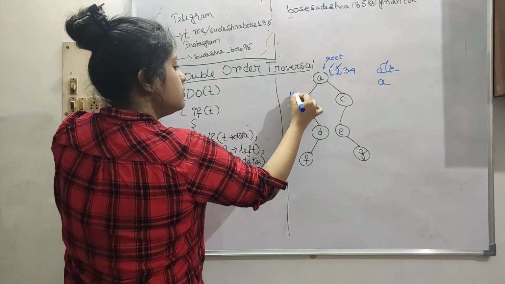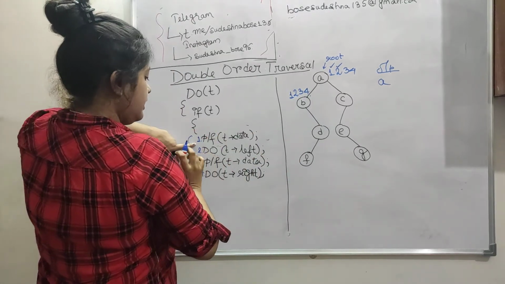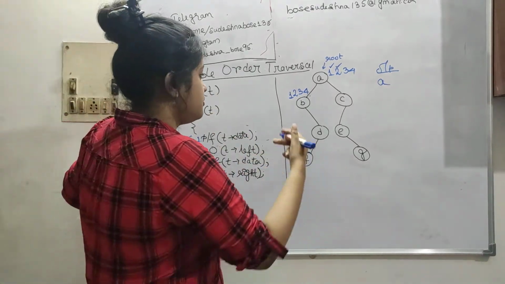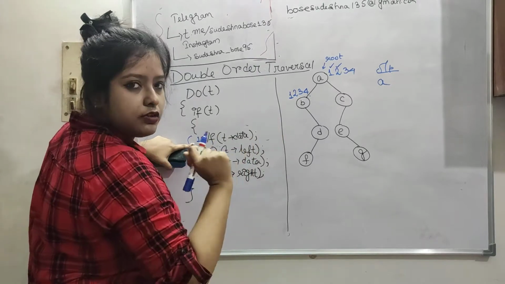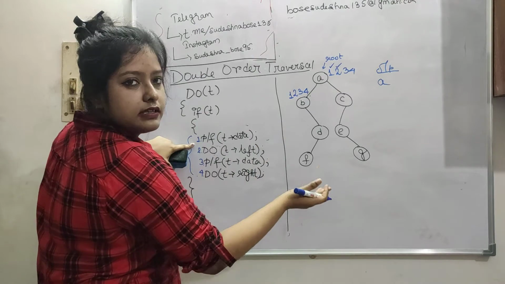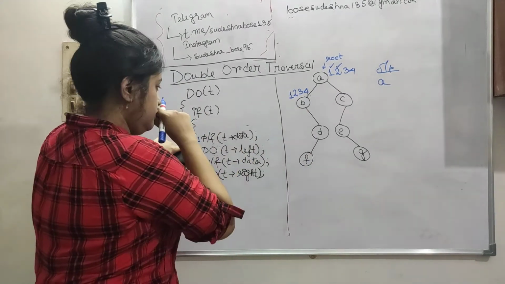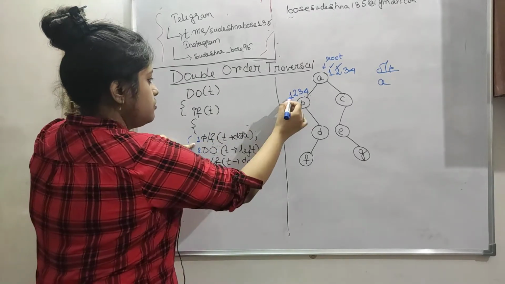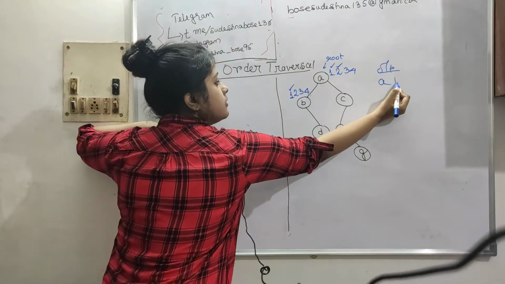Again 1, 2, 3 and 4. We will start our recursive program again. You know a recursive program is a function calling itself. We have done a lot of recursive programs, so please go and watch them if you have any trouble here. Anyway, I will discuss it here. So now again we start with 1, 2, 3, 4. Number 1, printf T arrow data, we will print B.